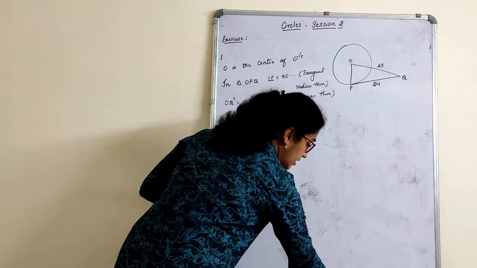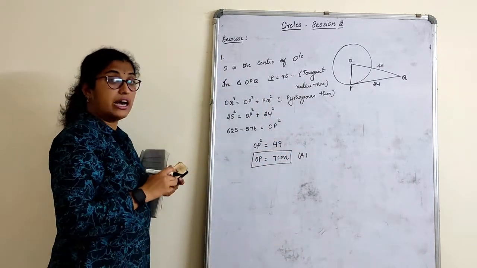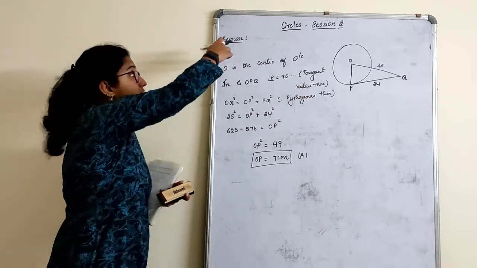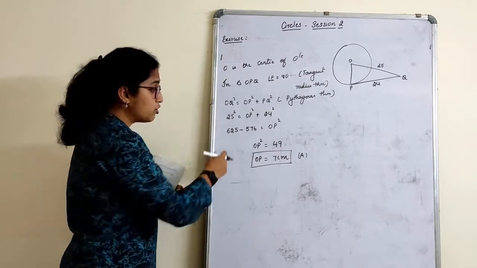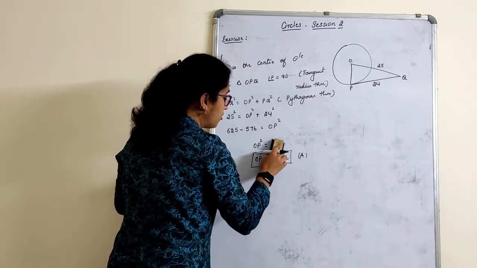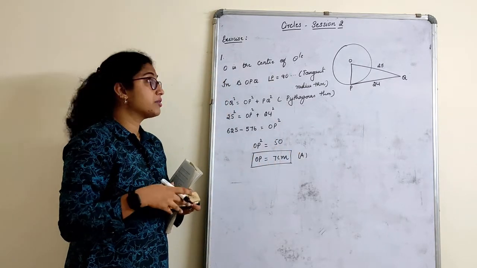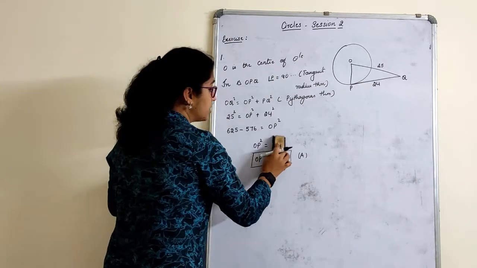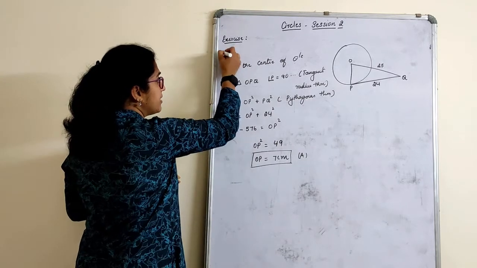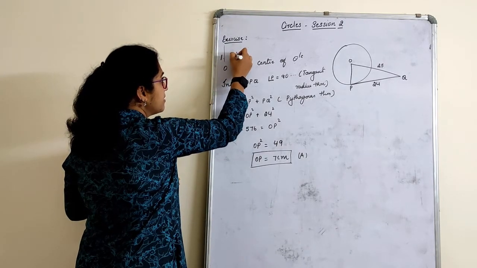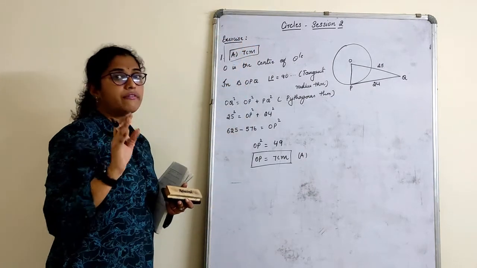Or else what you can do here is leave some space in the beginning only instead of writing at the last. I always suggest you MCQ's answer should always be in the beginning, because nobody wants to see your working in the MCQ. Assume that you have done everything correct and you got the answer wrong. You got this as 50. Don't expect you will get half mark also for this. Why? Because they only want the answer. So all your steps, do it. I'm not saying no. First one is there here. This is in the margin. Write A bracket 7 centimeter. Then do your working or whatever.